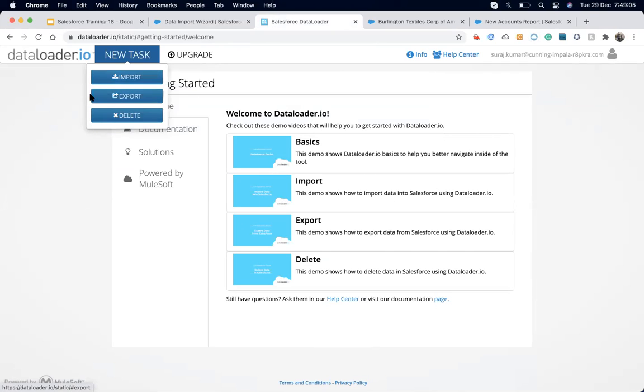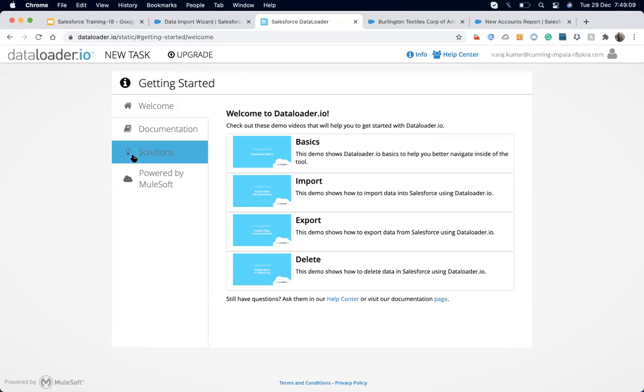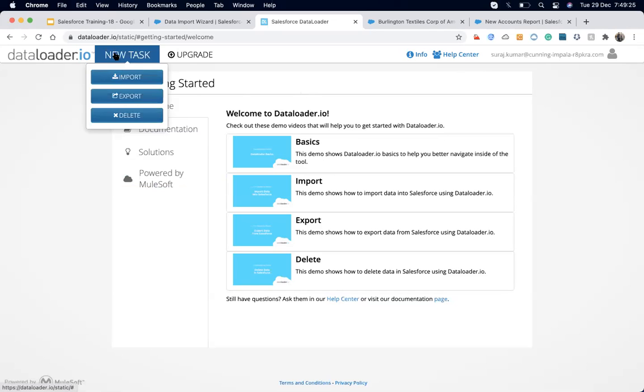Until 1 or 2 years ago, Data Loader was not an online site; it was a tool provided by Salesforce. You click there and it gets downloaded to your system, and then you work from that system. It's an offline tool, but in the last 2 years they have developed their site so that we can do the data migration using an online tool.